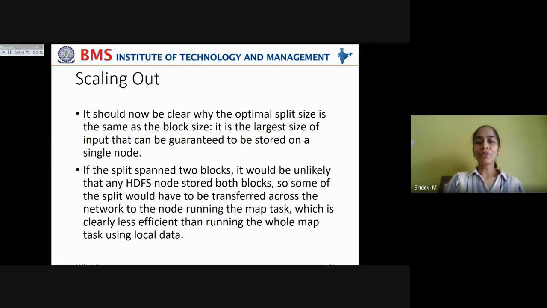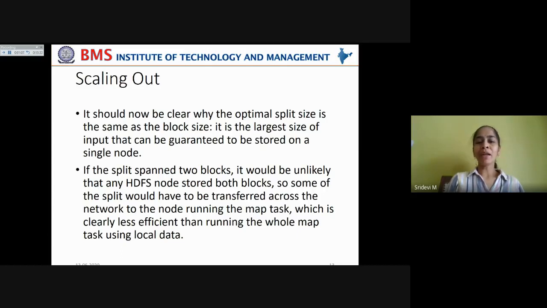That is why when you span a particular block onto two different nodes, it is harder to perform this execution. Why? Because it requires data transfer, which will make the entire notion of MapReduce less efficient. Because our basic idea is to reduce the data transfer between the nodes.